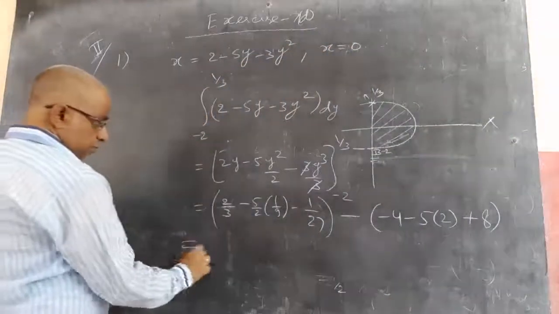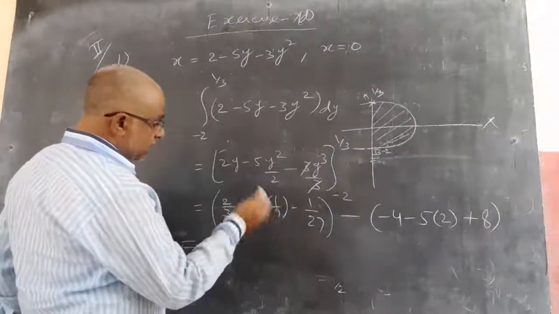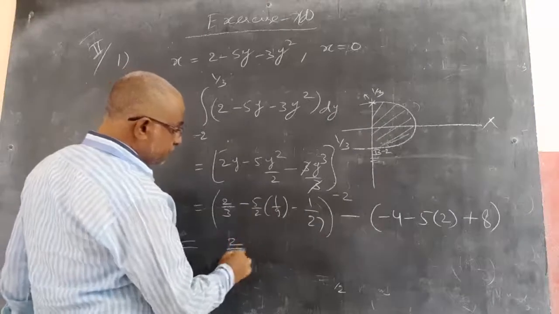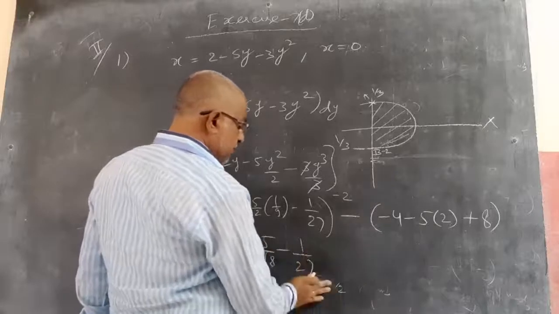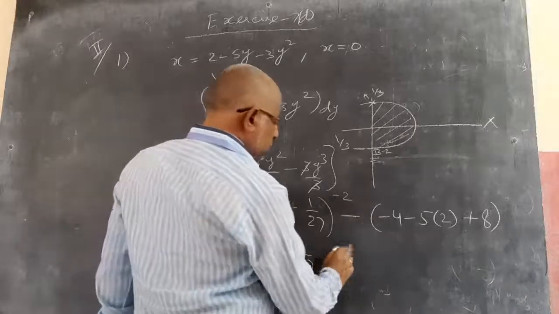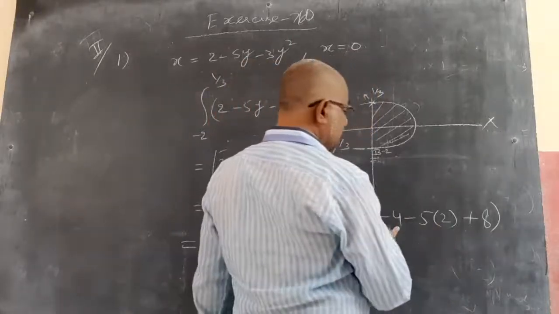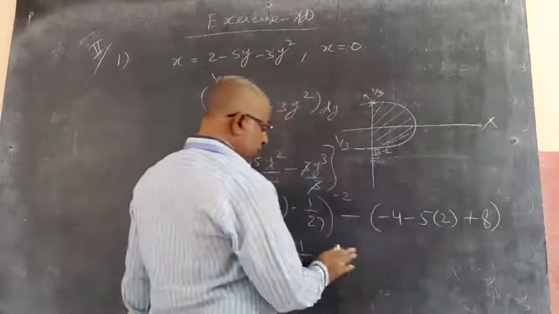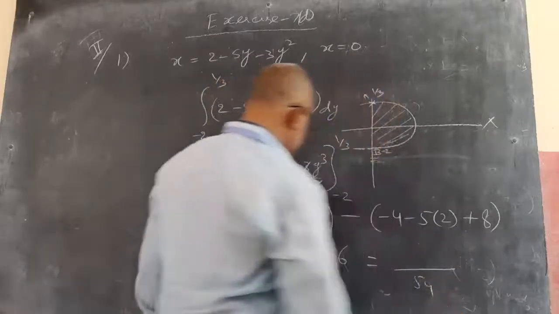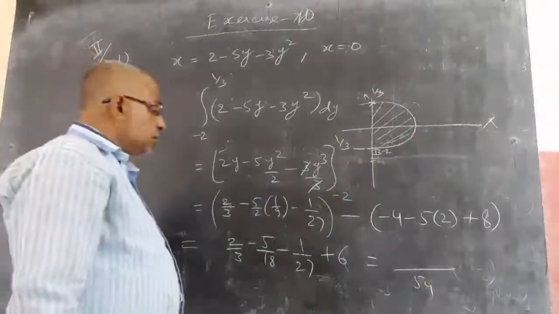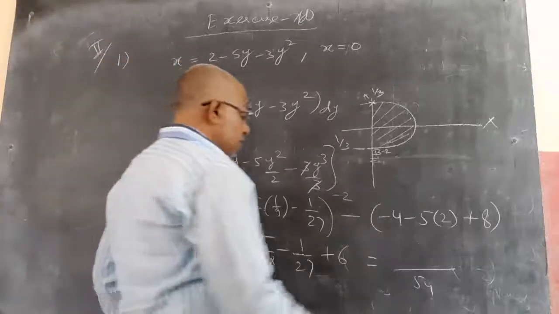By simplifying this, the LCM of all this is 54. In the last, 2 by 3 minus 5 by 18 minus 1 by 27. Here minus of 5 2s are 10 minus 14 plus 8 is 6, so minus of minus, plus 6 I can take. Now I will take 54 as the LCM. 3 goes 18 times, 18 to 36.